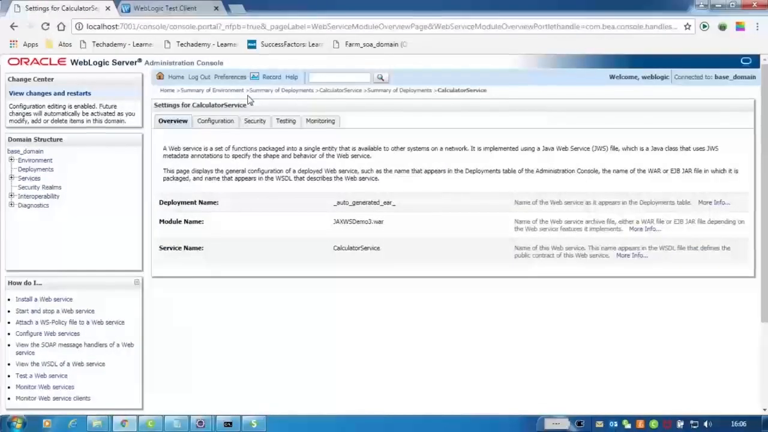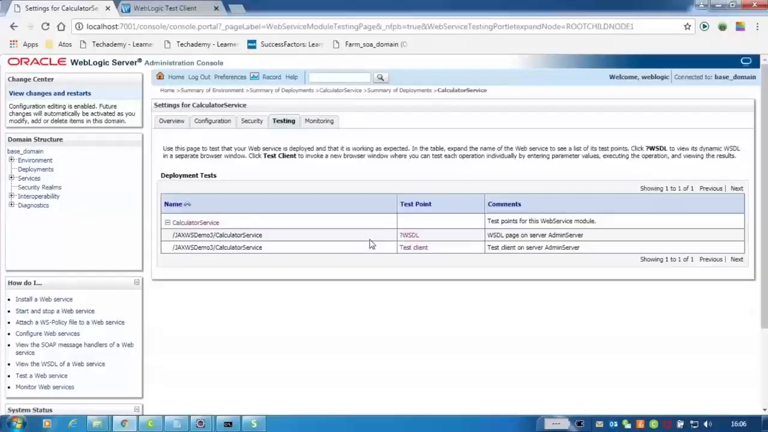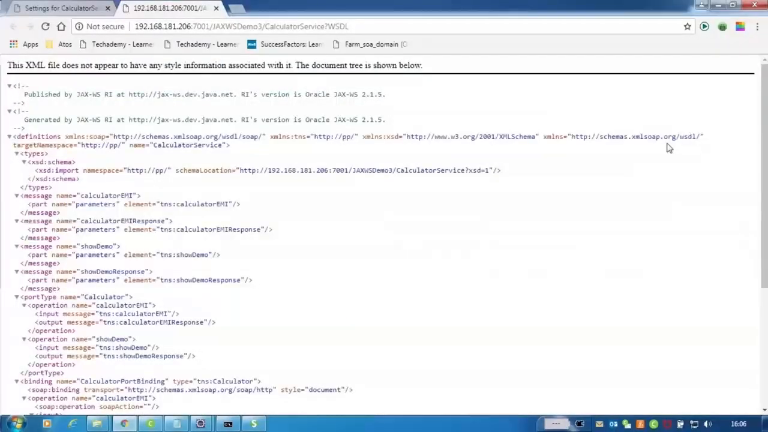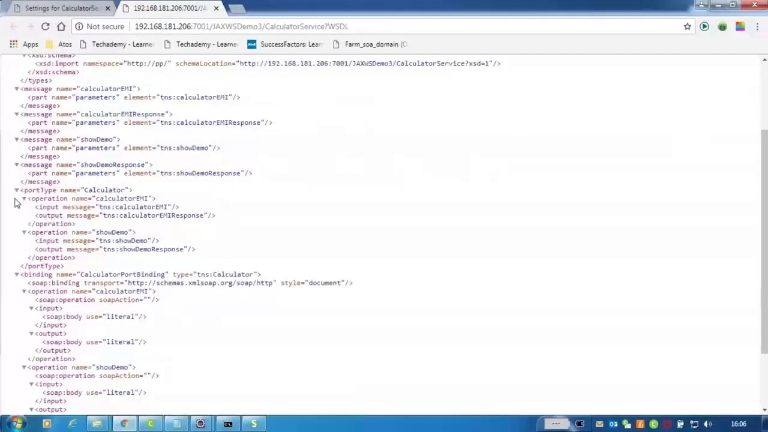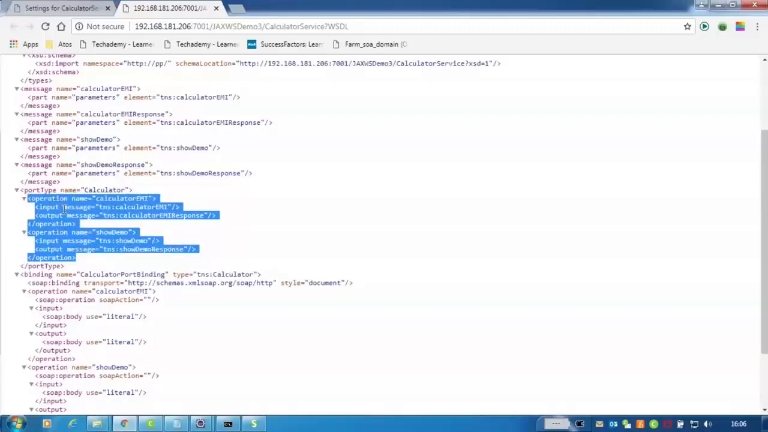Let's open that WSDL file. This one, the WSDL file. Now, if you see that updated WSDL file, how many operations are there? Two operations. Just see here. Two operations we have. I'm talking about the port type element. You have to remember that the port type element of your WSDL file contains multiple operations. The name of the port type is nothing but the name of the class, and you have multiple operations. One operation name is calculatorEMI, another operation name is showDemo. Two operations you have, and both the operations that are available inside your class